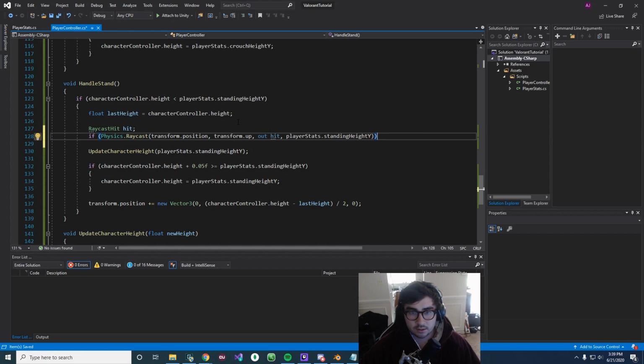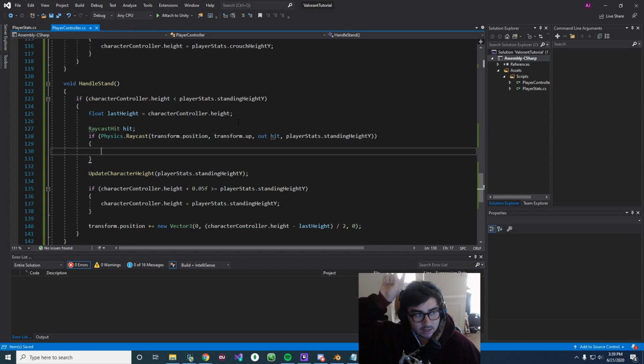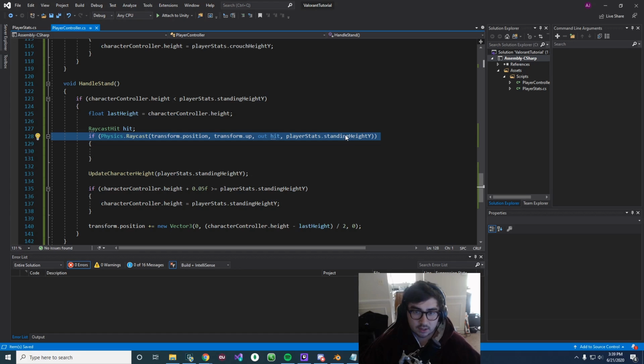Okay, so we are making a raycast toward the y-axis, right above our player, and the distance of it is our standing height.